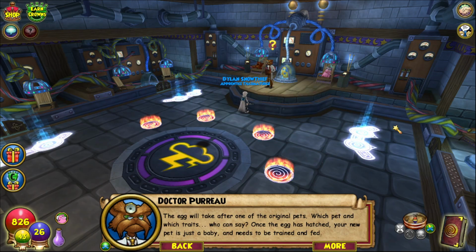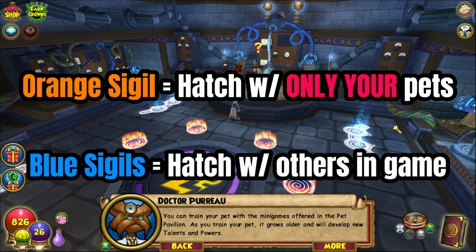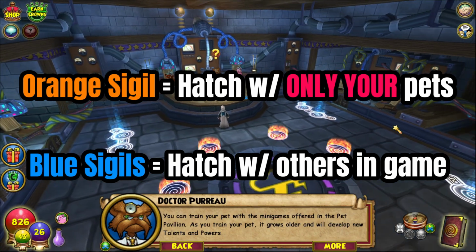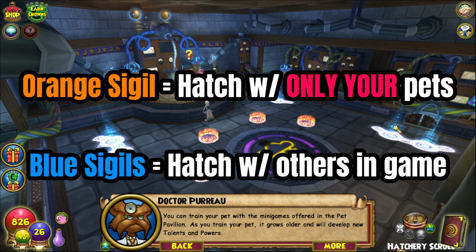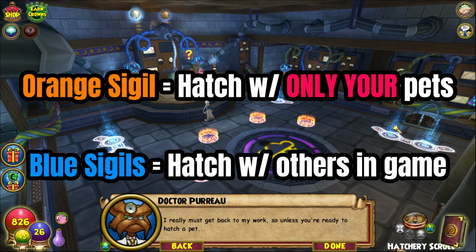The egg will take after one of the original pets. Which pet and which trait, who can say? Once the egg is hatched, your new pet is just a baby and needs to be trained and fed. You can train your pet with the mini-games offered in the pet pavilion. As you train your pet, it grows older and will develop new talents and powers. Pet talents help you in magical duels, while derby powers are used in the pet derby. Some rare pets are extremely powerful, with astonishing abilities. I really must get back to my work, so unless you're ready to hatch a pet...